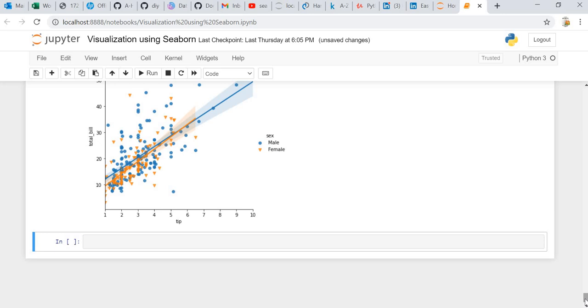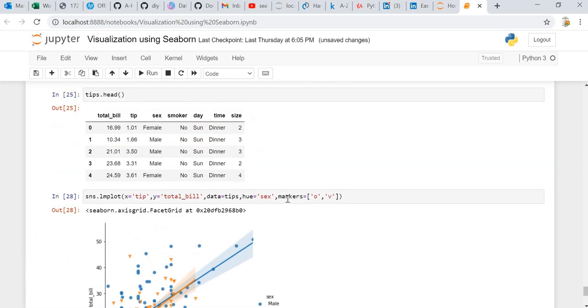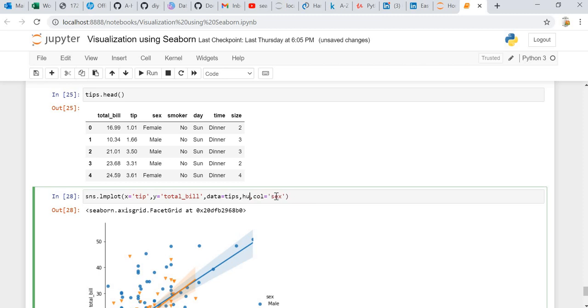We can also have two different plots separated by columns in lmplot. For that, let's get rid of these markers, and put in another argument called col equal to sex. Let's get rid of the hue as well, because otherwise it will create a conflict.